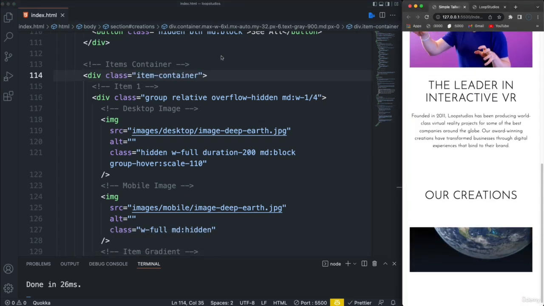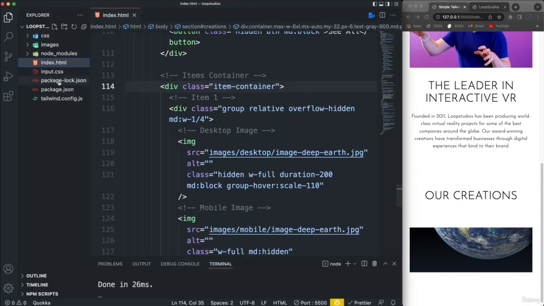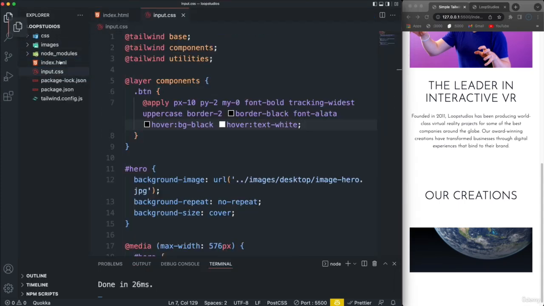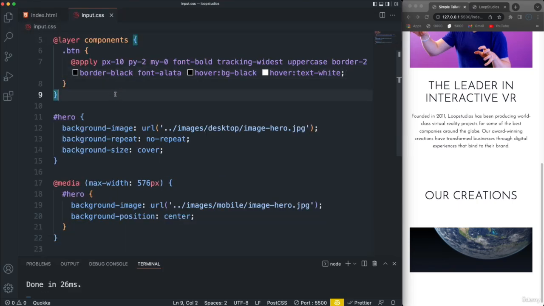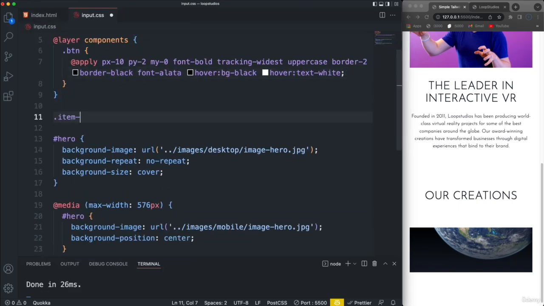Okay, and if I save that, you can see I can't even see the text anymore, but we can go to our input CSS, and let's create, let's say item-container, and let's